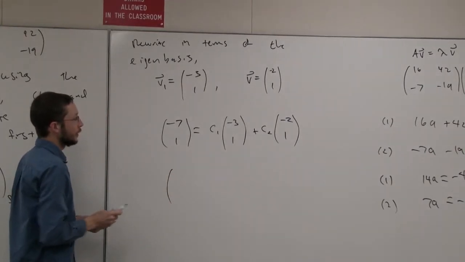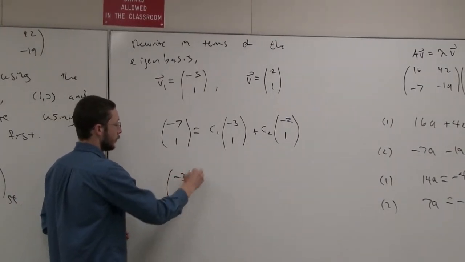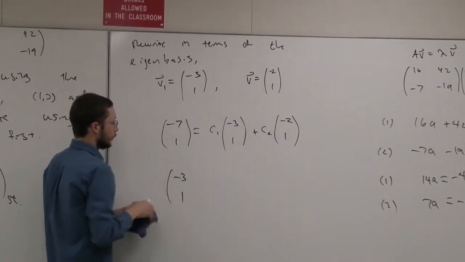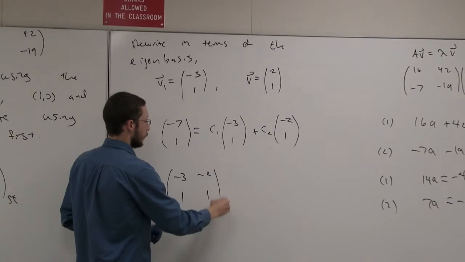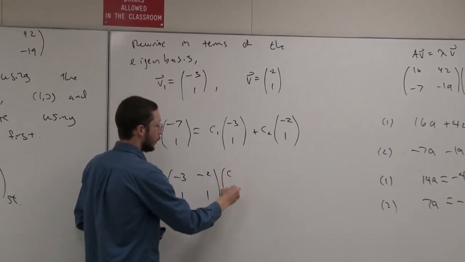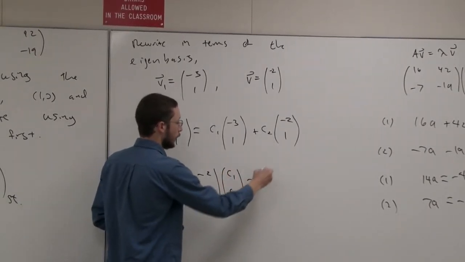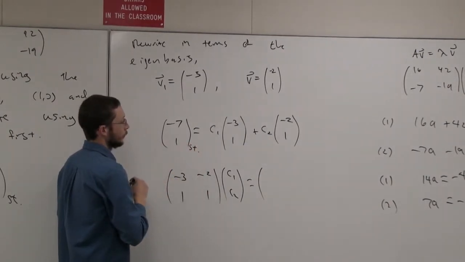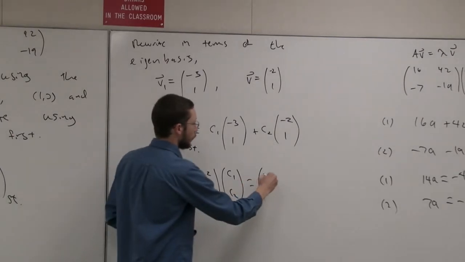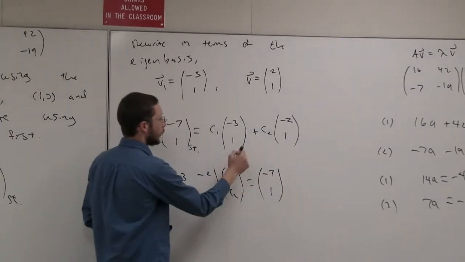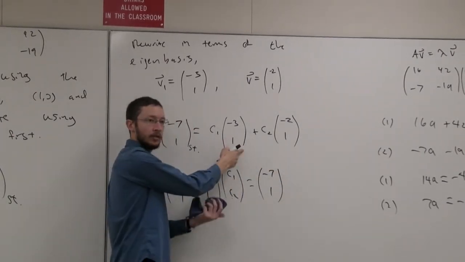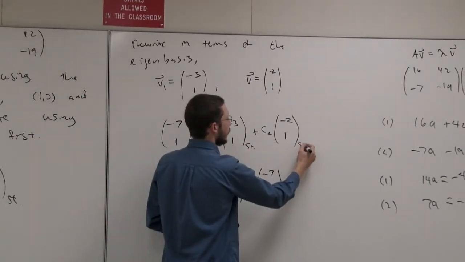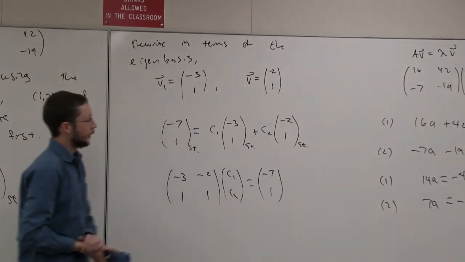But all of this says, take -3, 1 and -2, 1, times this column C1, C2, equal to this vector written in the standard basis, -7, 1. These are also written in terms of the standard basis. This is the first eigenvector written with the standard basis. Second eigenvector written with the standard basis. Okay,